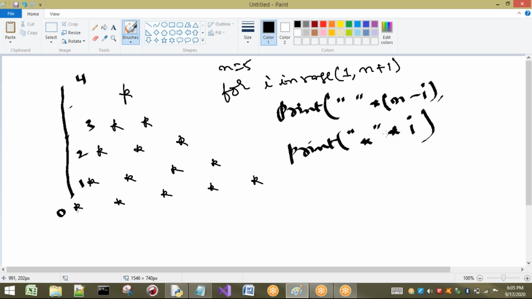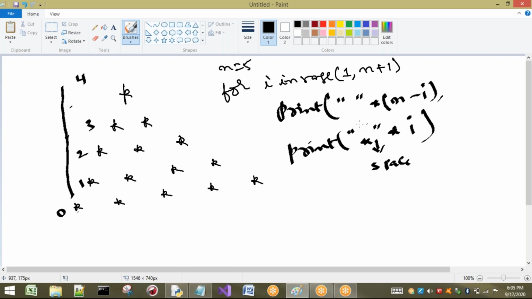This is the case, but here we have to observe something. After this star we are going to get a space. So here a space should be there. Here or before, we can write, no problem. Here a space should be there. So if I print this one, what happens? Every time I'm going to print a space. If I end here, what happens?